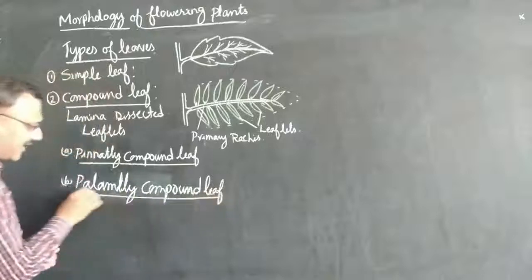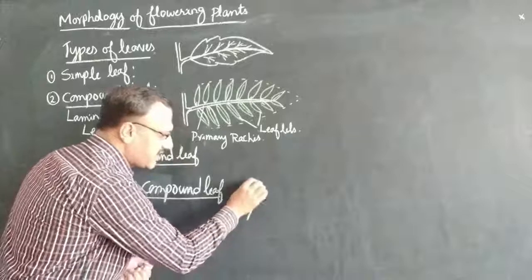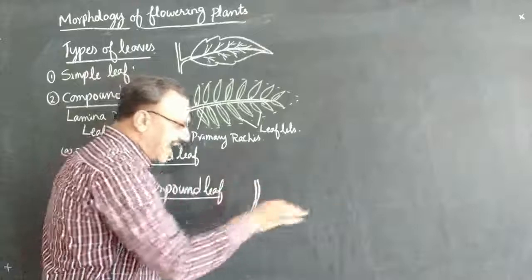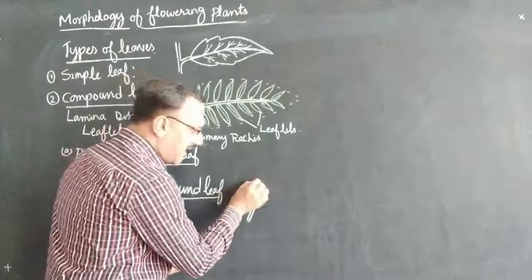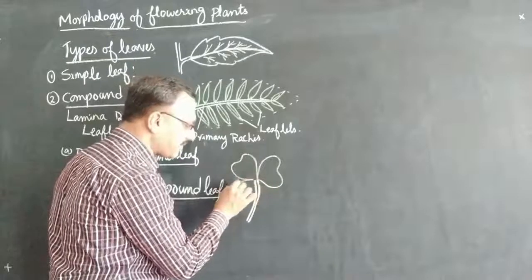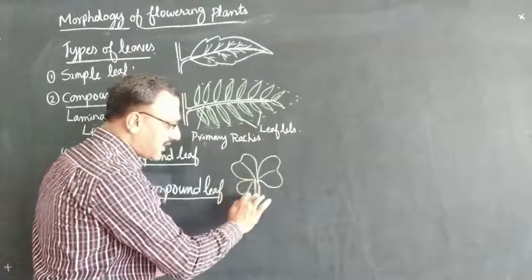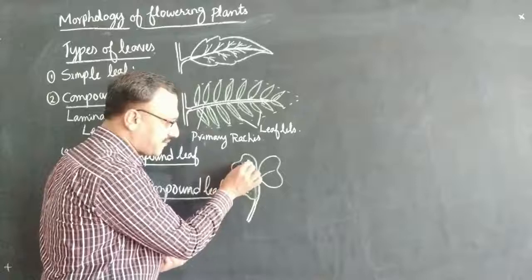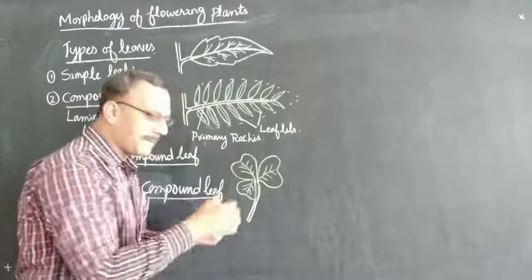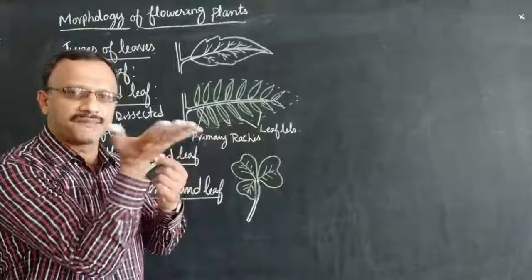in case of palmately compound leaf, the leaf petiole showing the flat plate-like structure, or the lamina is dissected somewhat in the form of a palm. All these are the lamina which is going to be dissected. Looks like a palm, flat plate. So this is the petiole, long petiole, and above that there is a flat portion of the